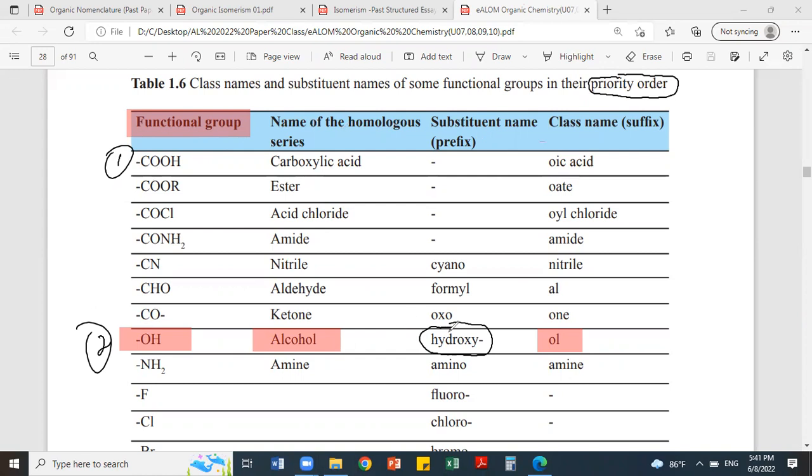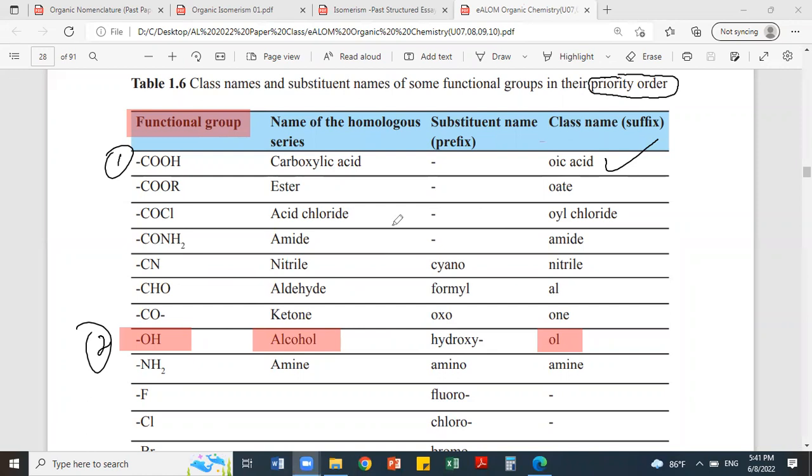No need to copy this down. Then the OH becomes hydroxy, and we go for the oic acid, the functional group. So when there's more than one functional group, we go for the highest priority, and the rest of the groups we name as substituent groups, like hydroxy. But here there's no other functional group other than OH. Therefore we go for